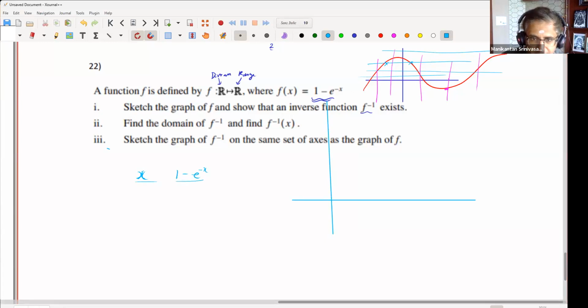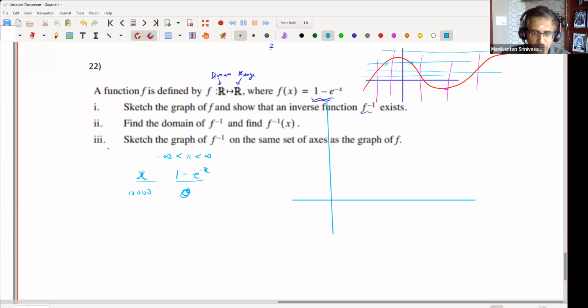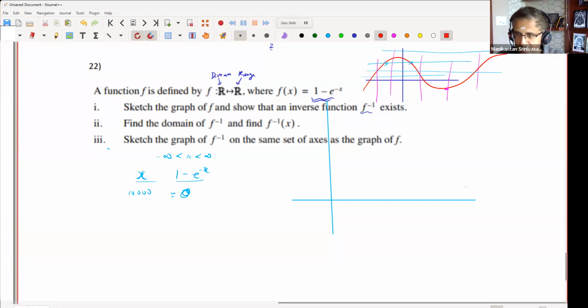We know x can be from minus infinity to infinity, all real numbers. When x is large, let's say x is 1000, then 1 minus e to the power minus 1000 is practically 0, almost 0. So for large values, the graph is going to approach 1 minus